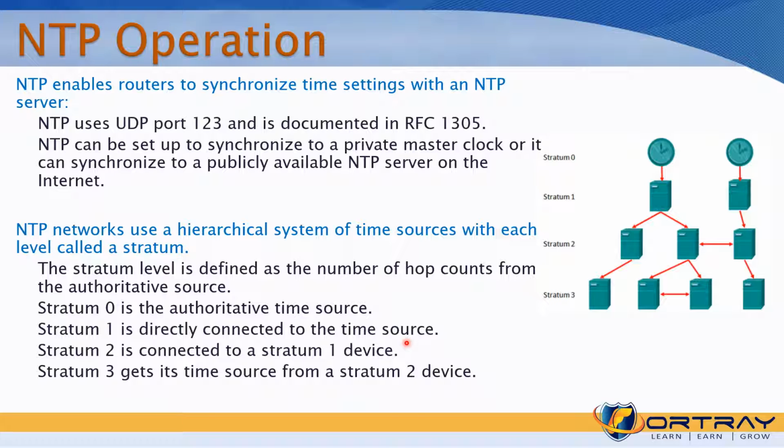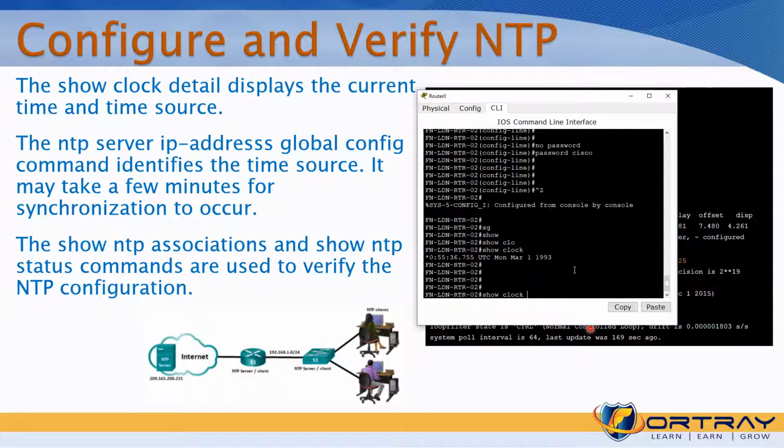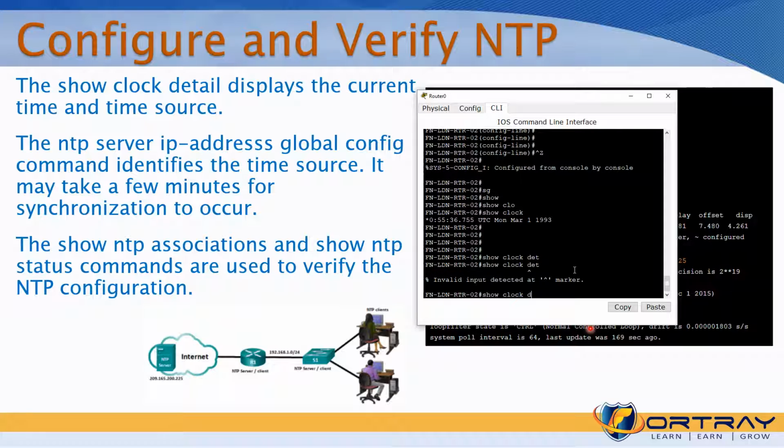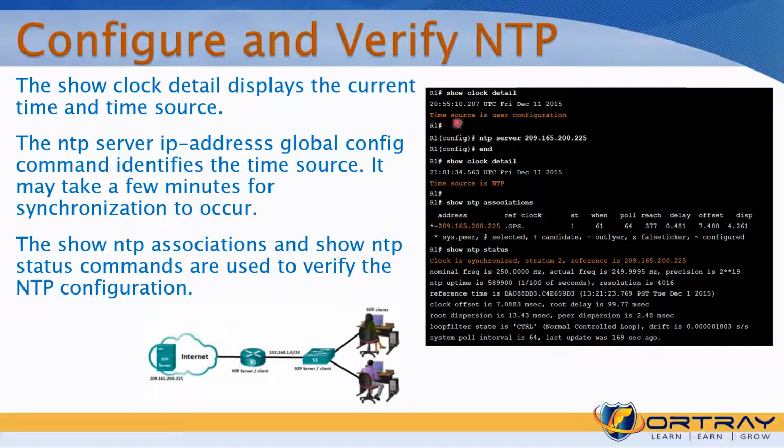So basically, how can we see this? The command we type on our router is show clock detail. You can see I think it's not available on this IOS. That's a particular thing that happens when you go to the devices. But show clock detail will show you other information as well. Time source is user configured. What you can do is configure an NTP server. You can see it is using a public NTP server. Show clock detail shows the time source; also show ntp associations and show ntp status.